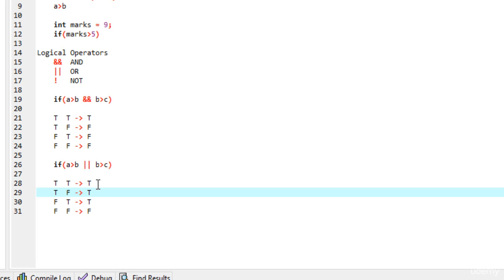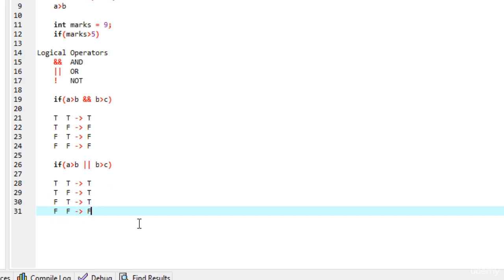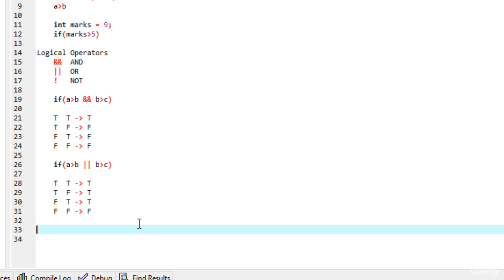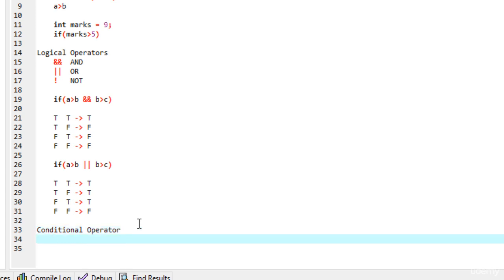Okay, now the next operator in the list is the conditional operator. So let's write it. Next we have conditional operator. There are two symbols in this operator and they are question mark and colon. Both of these symbols are used in pair. Unlike other operators, you cannot use them separately. So they are basically if and else notation.